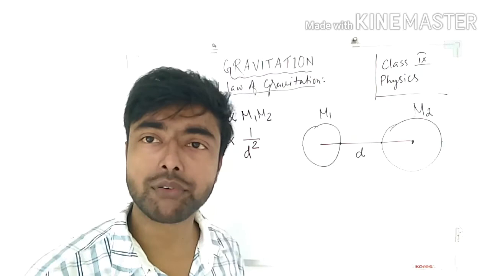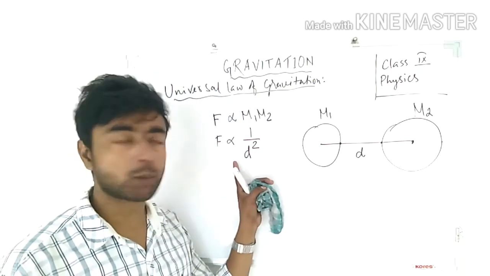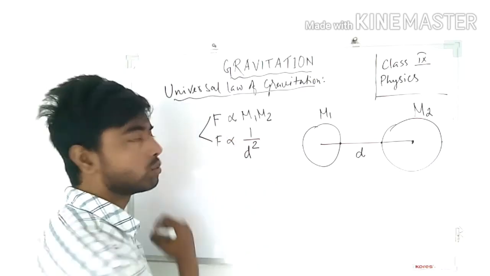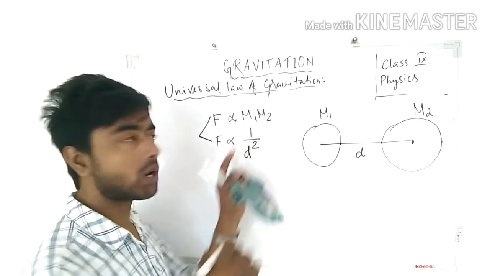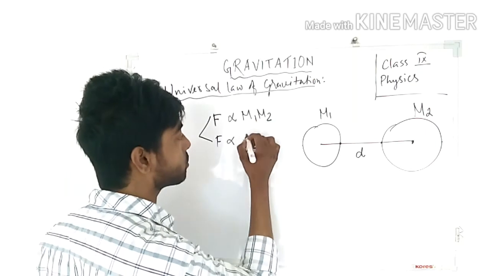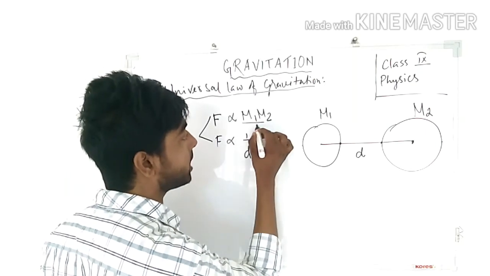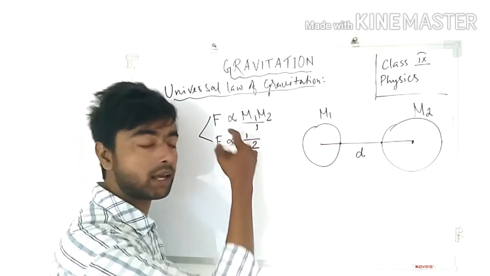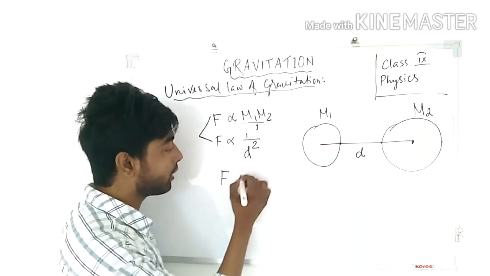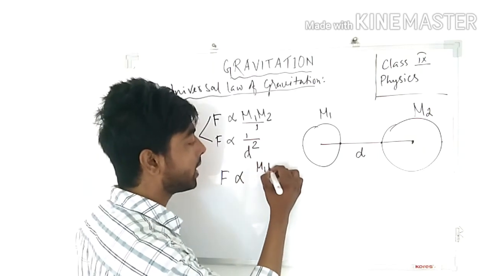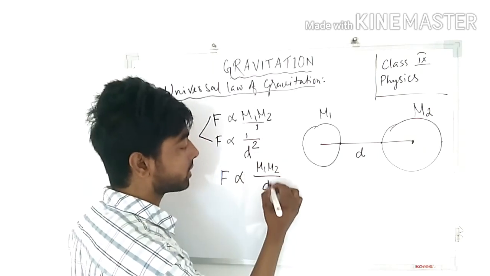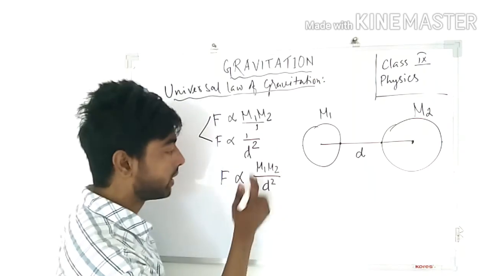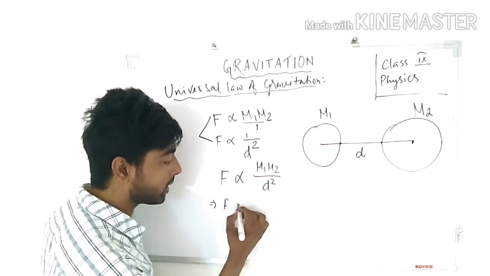Okay, fine. So you see this is F is proportional to 1 by d square. Now you see what you have to do, you have to add this too. इसमें F प्रोपोर्शनल टू 1 by d square हो गया, इसमें m1 m2, उसके नीचे एक 1 है ना। So what we have to do, हमें क्या करना है, इस दोनों को कंबाइन करना है। Combining this two we can write F proportional to m1 m2 divided by d square. Can I write like this, m1 m2 ऊपर हो जाएगा, नीचे d स्क्वायर है।